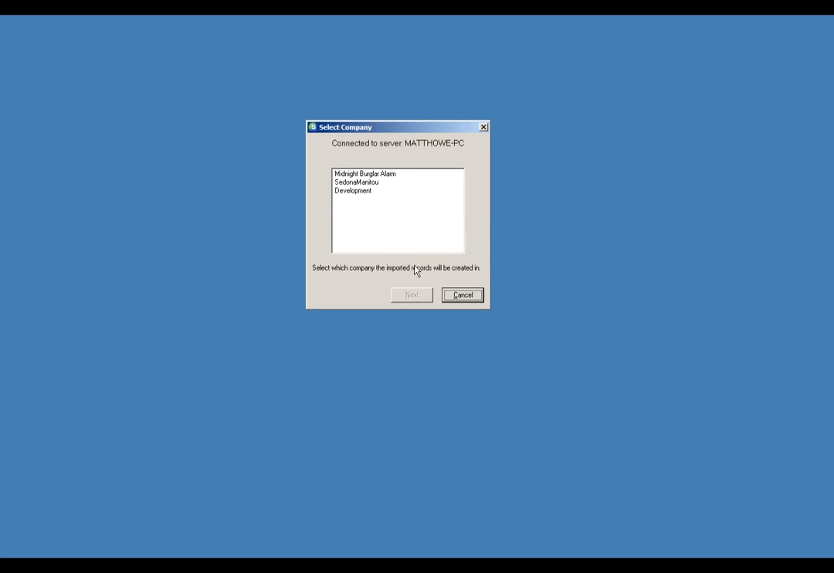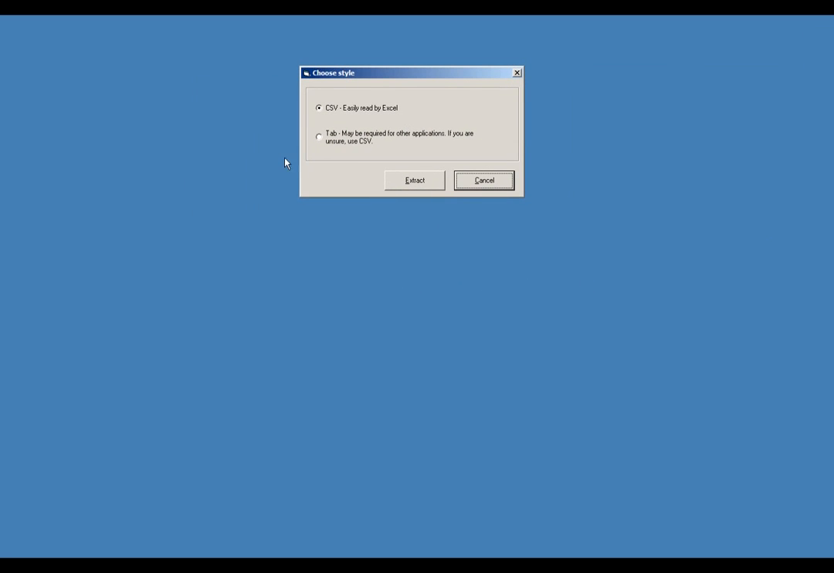Again, it starts with that dialog asking you to choose your company. So you choose your company and say next. And then it gives you two choices of the type of file that it's going to output. Typically, you want a CSV. CSV files are pretty universal. They can be read by OpenOffice, Excel, Access, pretty much every